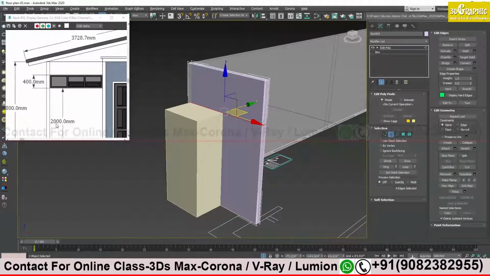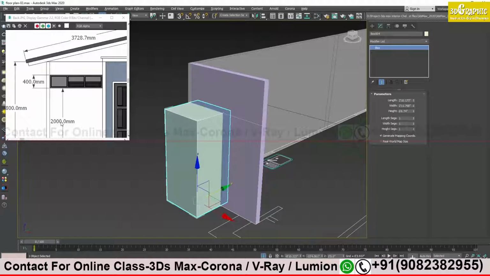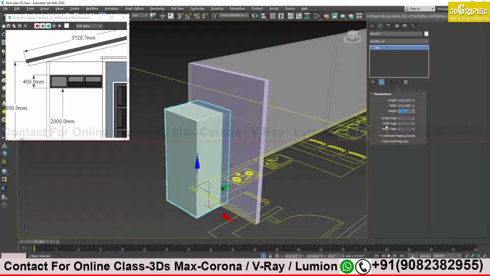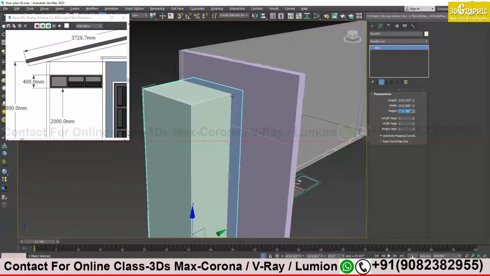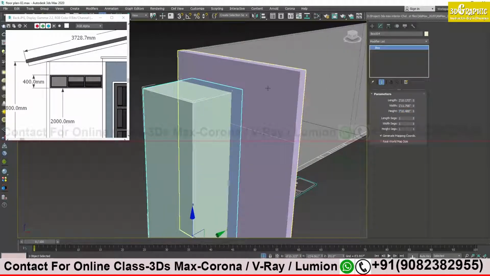So it will be like 2400 millimeter, this one box. Are you getting me? Yeah. 2000 for the below and 400 again to 2400. So I will give a height again 2400 mm. This is the top height of this window, the small ventilation window.